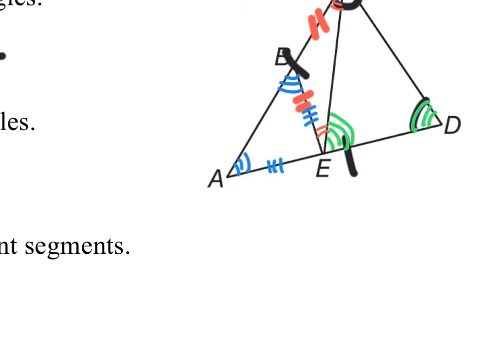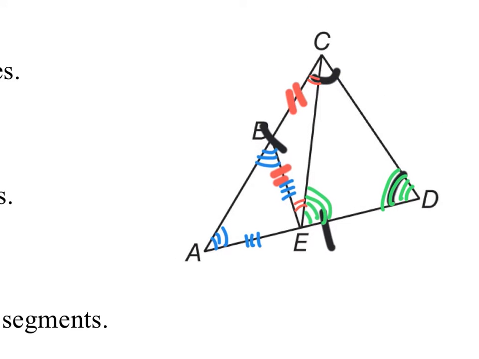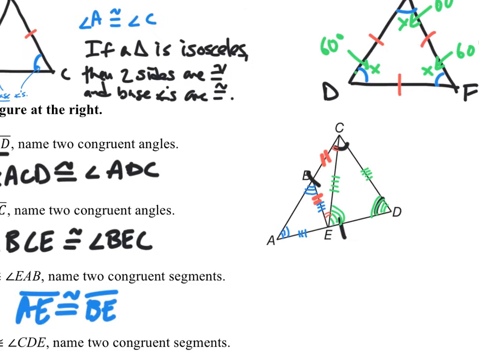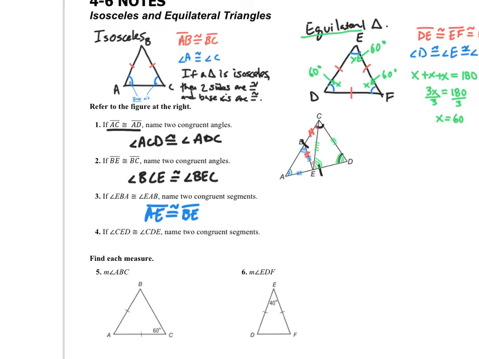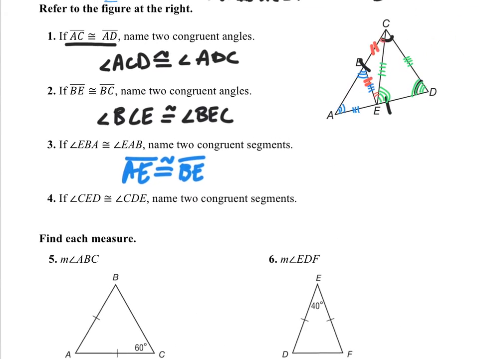If those angles are congruent, then what segments are congruent? I would say that CE and CD are the ones that are congruent. So let me come in here and say that CE is congruent to CD. All right, so now